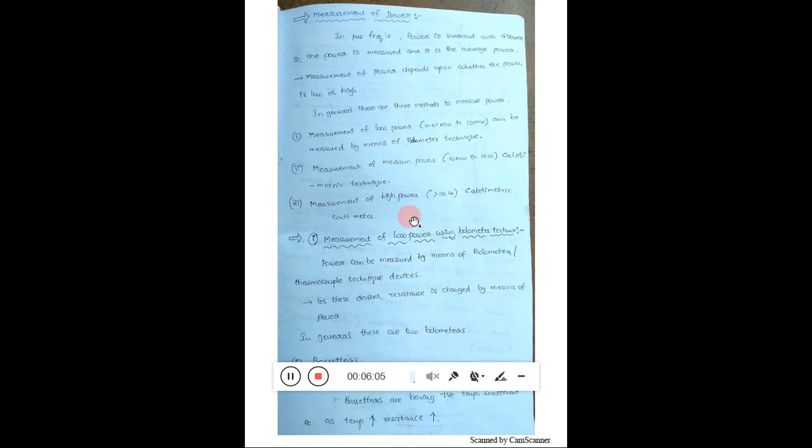So the main parameters of this microwave signal are power measurement and voltage standing wave ratio, which are very important. Power measurement is differentiated into three types, and we can generally measure using three methods. Low power, up to 10 milliwatt, from 0.1 to 10 milliwatt, uses the bolometer technique. The second type is medium power, 10 milliwatt to 10 watt, using the calorimeter technique. The other method is the wattmeter method, for powers above 10 watts.